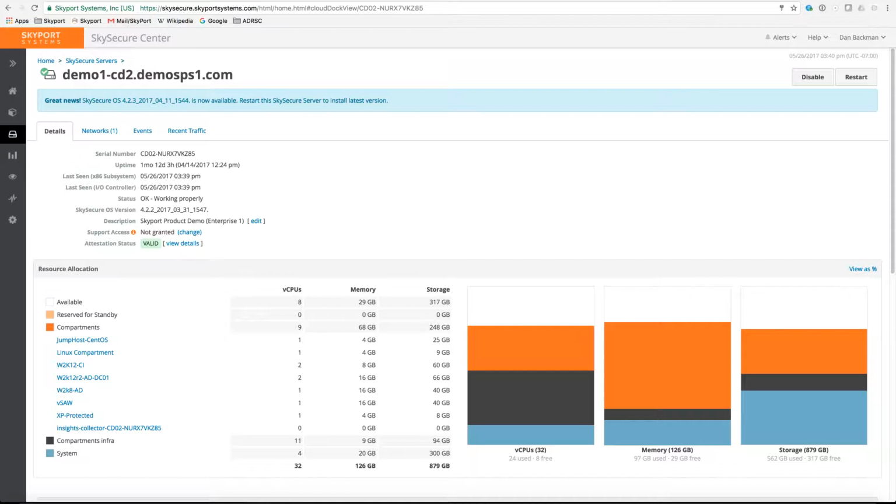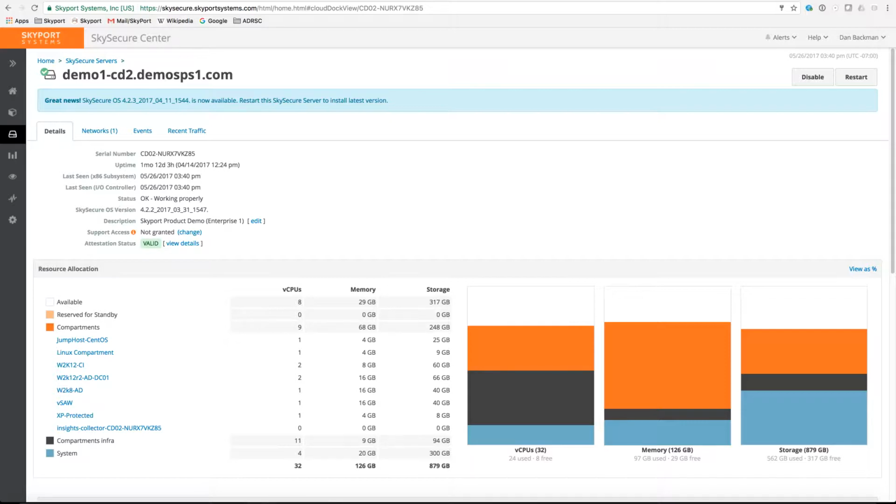With the SkySecure system, you can actually drop ship a new appliance to a remote site. And when this comes up, the attestation process that works with the SkySecure system in the cloud management service will guarantee that the device has not been modified in transit, that this system is a high integrity system, that we actually can validate all of the hardware and software components. But more importantly, we can actually guarantee the identity of this system.